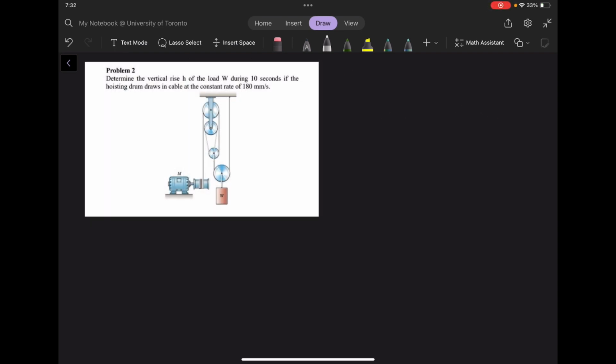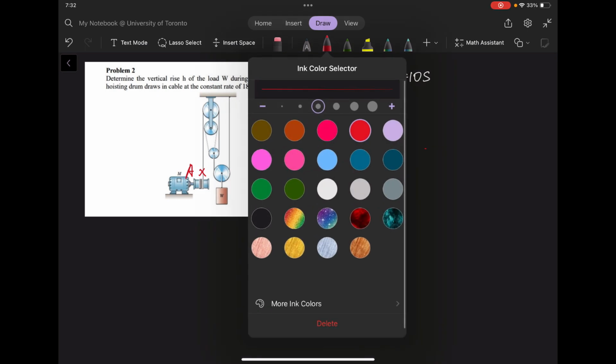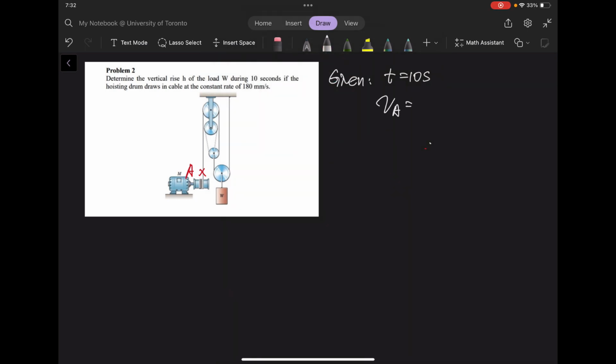Question number 2. We need to determine the vertical rise edge of the load W when the hoist is working. So let's calculate all the given conditions right here. We have T is 10 seconds for the whole period, and if we name the end of the cable as point A, then the velocity of point A is equal to 180 millimeter per second. What we need to find is